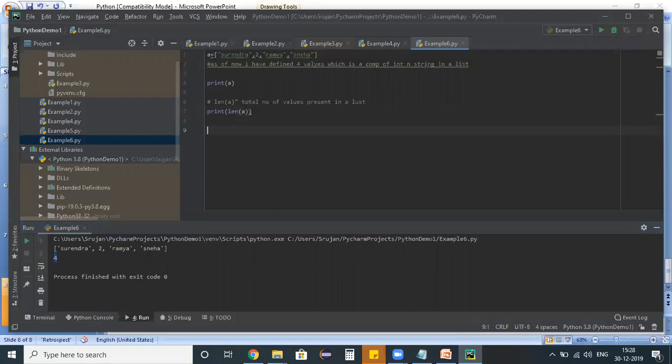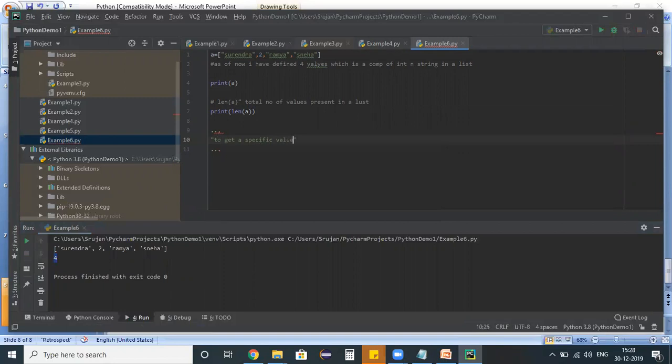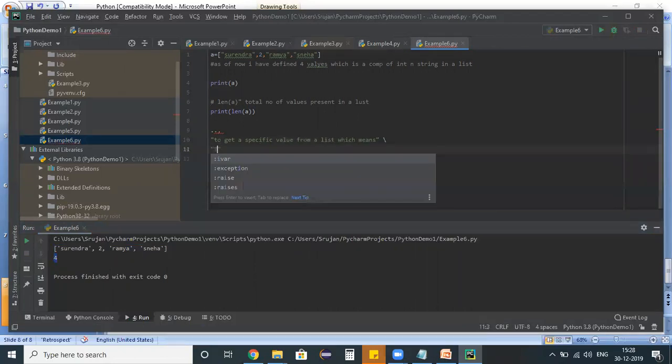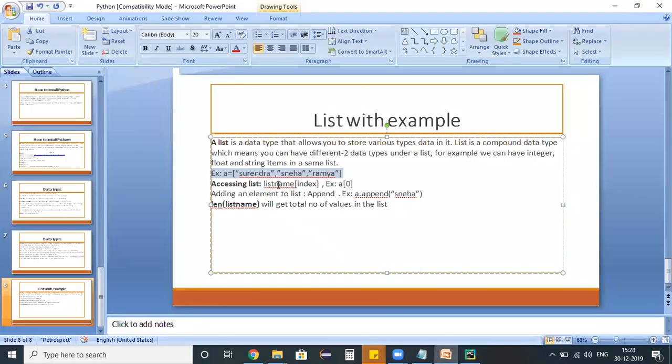Suppose my requirement is to get a specific value from a list, which means I want to get the second value from the list. Then what can I do? We should know a mechanism to get an individual value from a list. Basically, we can use the list name followed by an index.